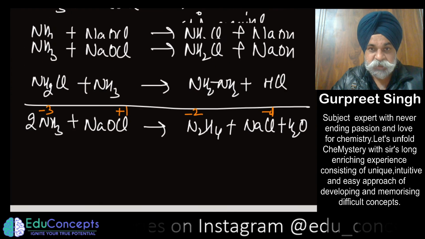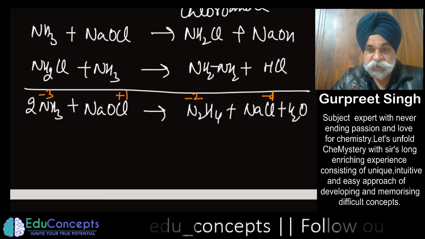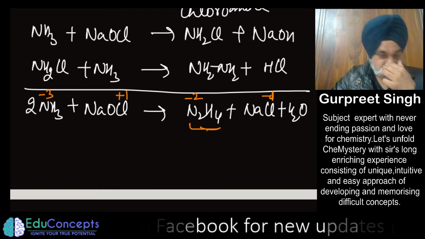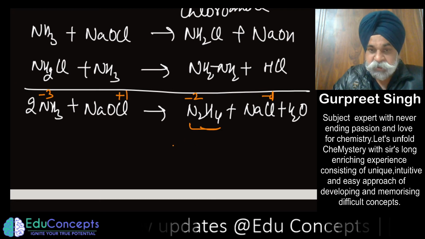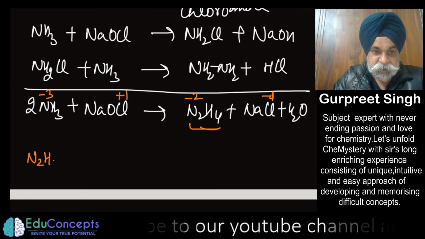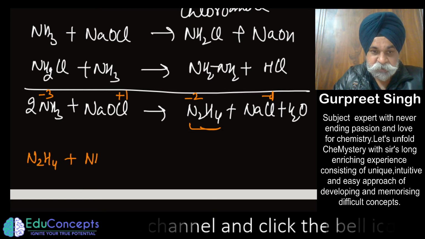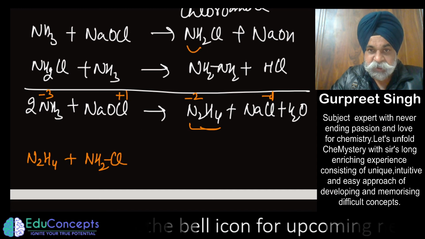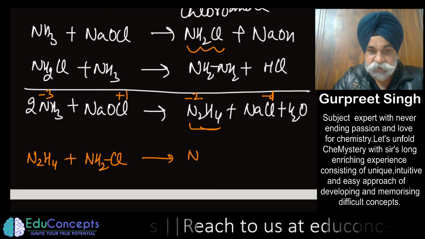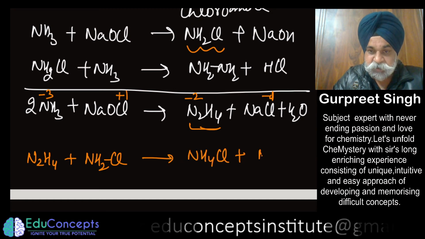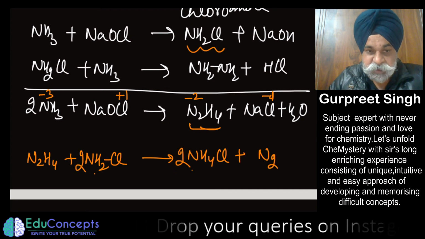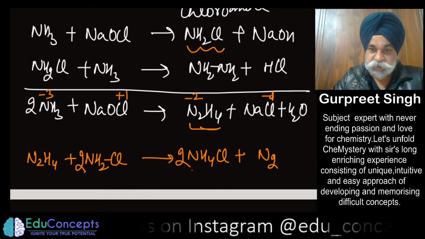Here it is quite important to tell you that as soon as this hydrazine is produced, it is to be taken out of the system. If it is not taken out of the system, what would happen? This hydrazine in itself starts reacting with chloramine, this reactant, and this then changes into ammonium chloride and nitrogen gas. So this is very important to tell you. It got balanced, yes, because there are three hydrogens, okay, it is balanced.